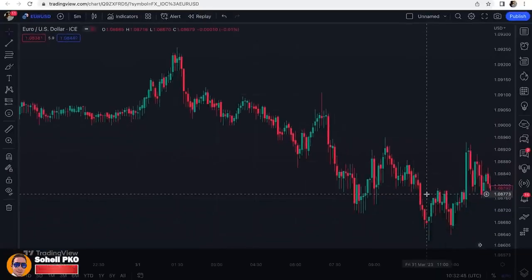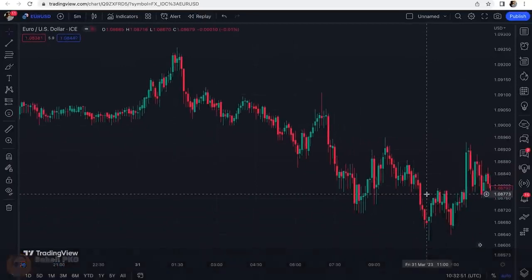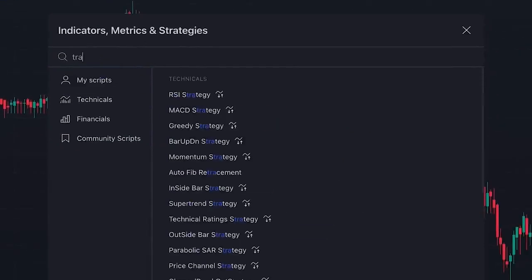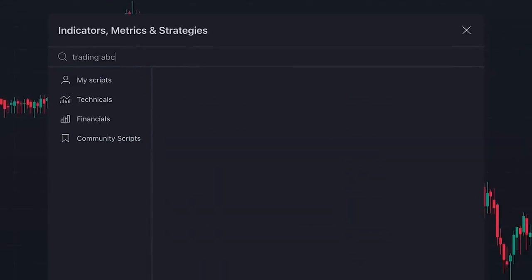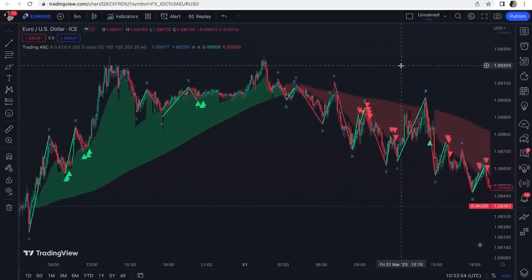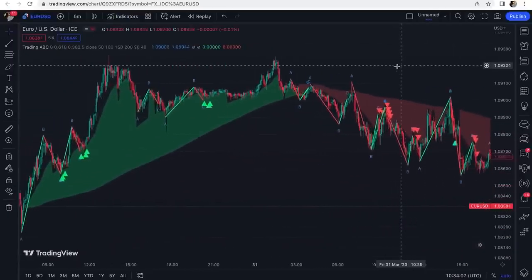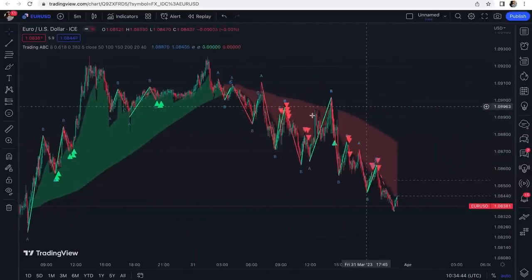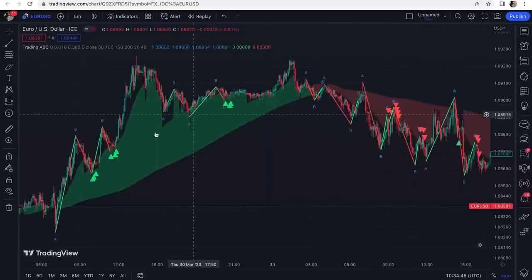As I said earlier, there is an indicator that perfectly shows us the ABC patterns on the price chart. For adding it to our chart, here we click on indicators and we search trading ABC. This one, which is an editor's pick indicator, and it's written by someone named Lonesome the Blue. Alright, as you can see the indicator is already added to our charts with the ABC patterns and also these green and red trend clouds and these red and green triangles that are actually buy sell signals based on the